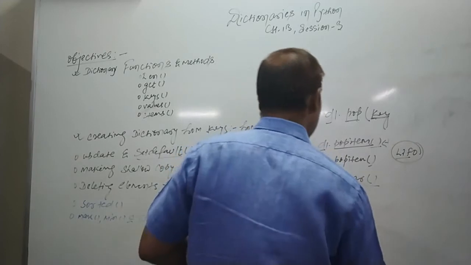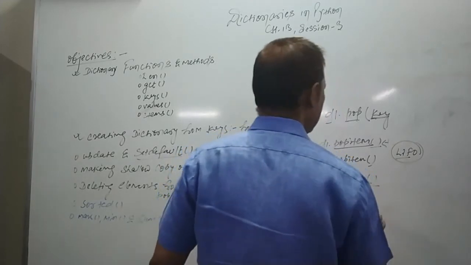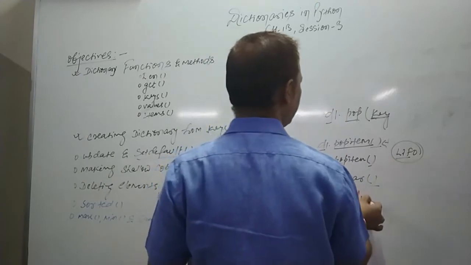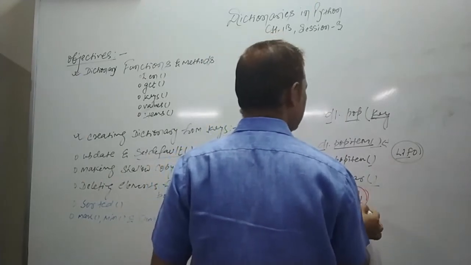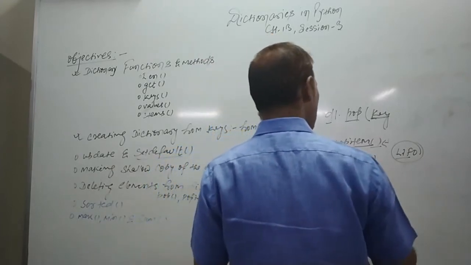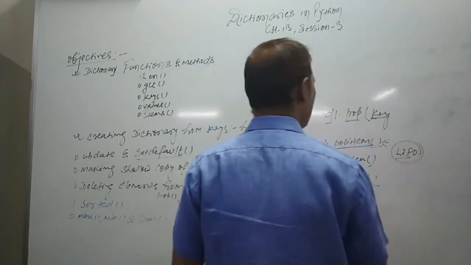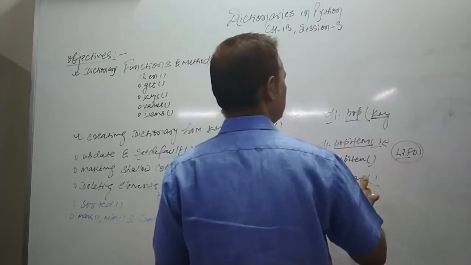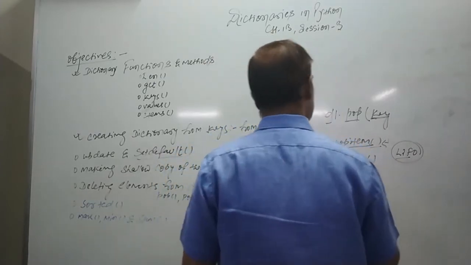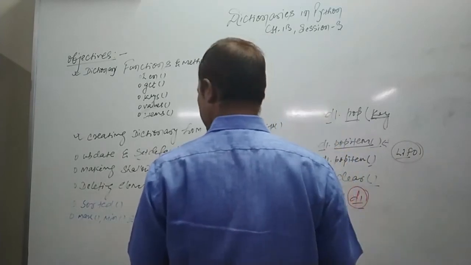Then you can simply use del d1. Once you say del d1, it means you are trying to delete the complete dictionary, and of course it will delete the items and then it will delete the object. So no dictionary d1 will be found after using this, but here it will only delete or clear all the items of the dictionary. The dictionary is still there, a blank one. That is how it is.